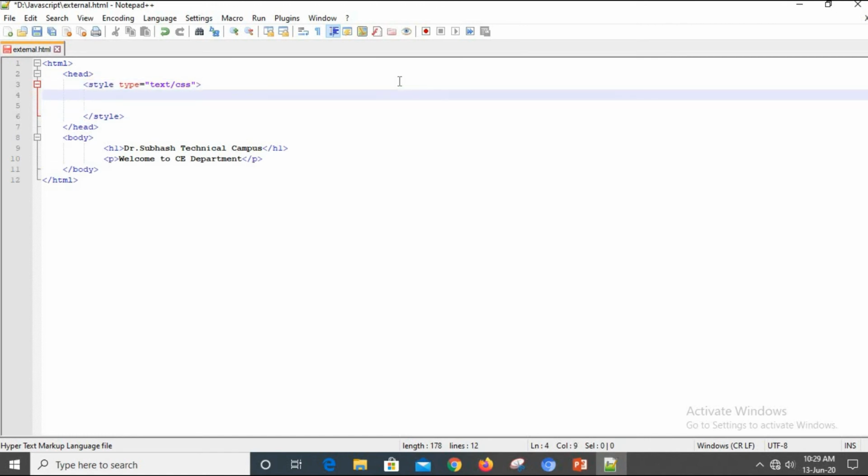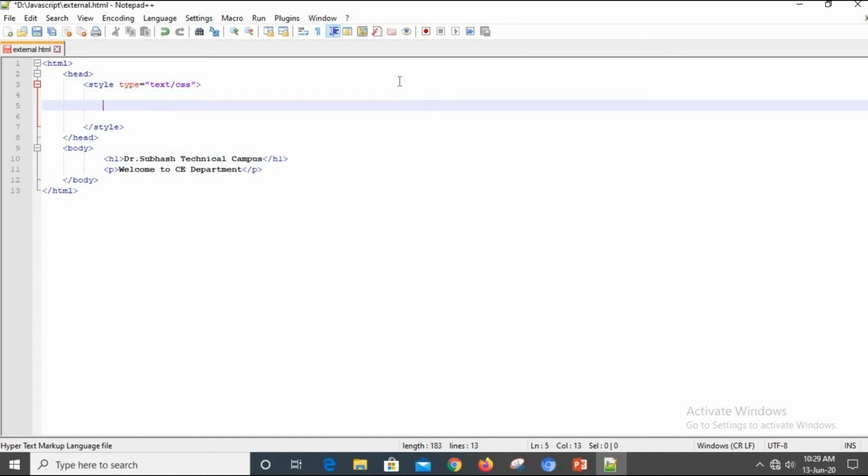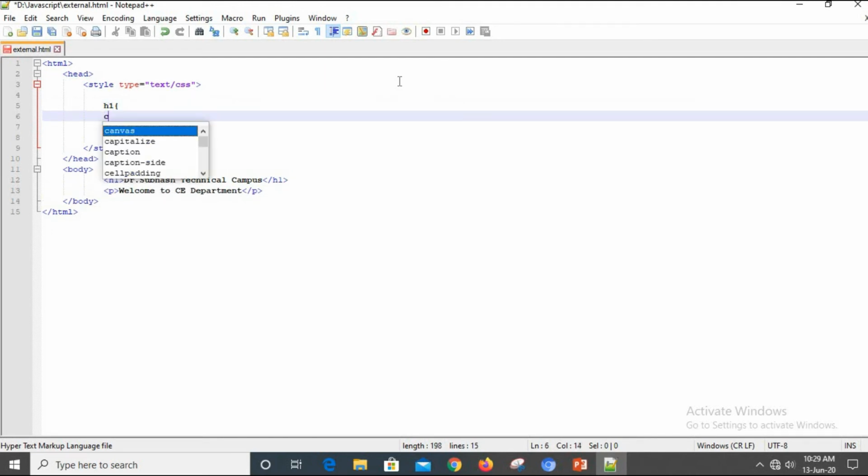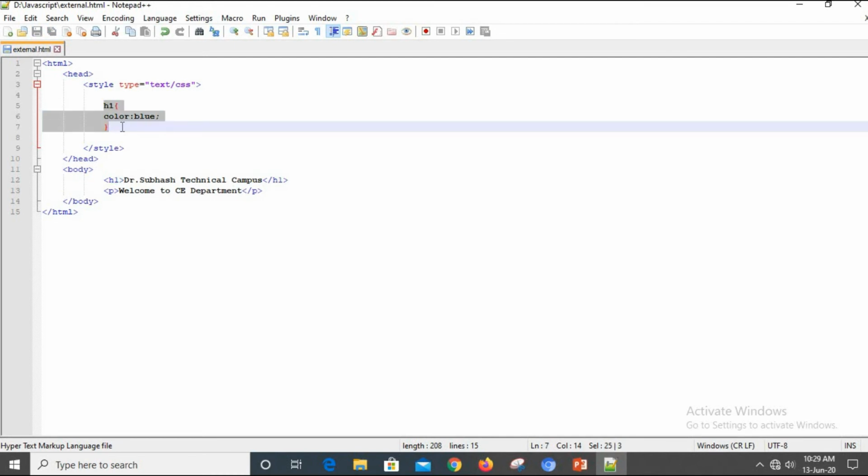Now inside this style tag we are going to write our code. So h1, color, blue. Okay, so this is called the internal style.